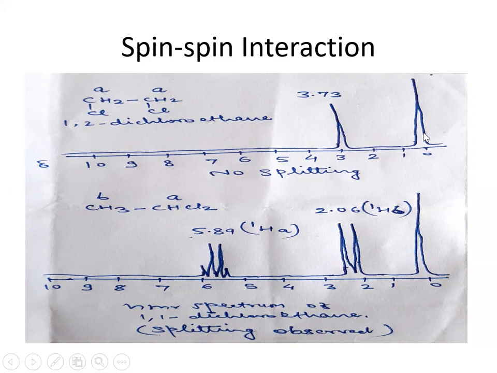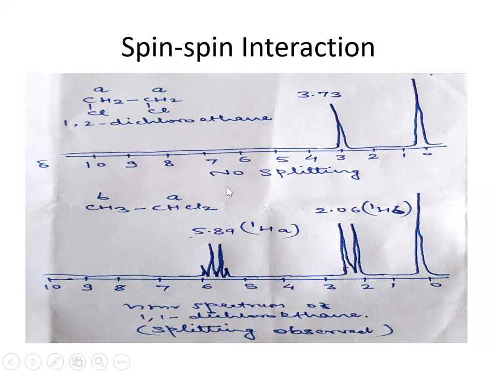This signal is of TMS and this signal is for these equivalent protons. And we get this signal at delta value 3.73. Is it clear? It means in this case, we do not observe any type of splitting of the signal. The second example is 1,1-dichloroethane. This one is the 1,2-dichloroethane and this example is